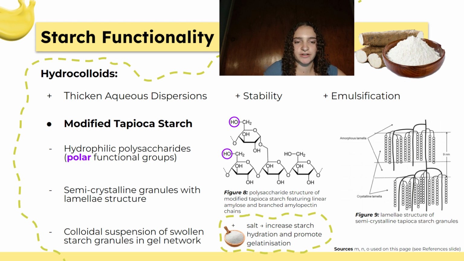In aqueous solution, the hydrogen bonding between chains breaks and reforms with the water molecules, allowing for increased starch granule separation and therefore solubility in water. Hence, a gel network of swollen starch granules is consistently dispersed throughout the system as a colloidal suspension, which increases the water surface tension due to the intermolecular adhesion of the starch. This allows for overall thickening and stabilization of the mustard.